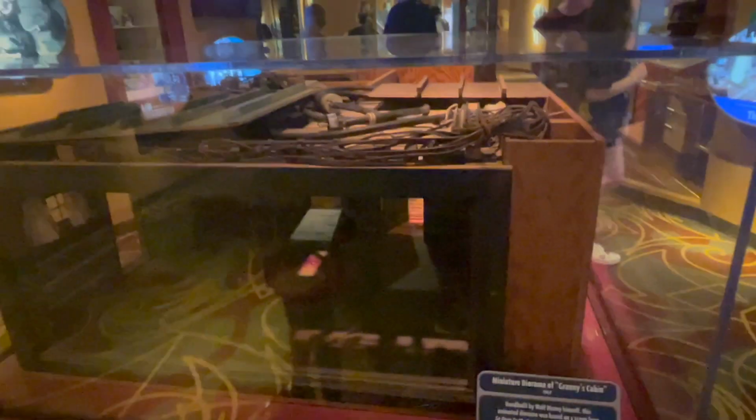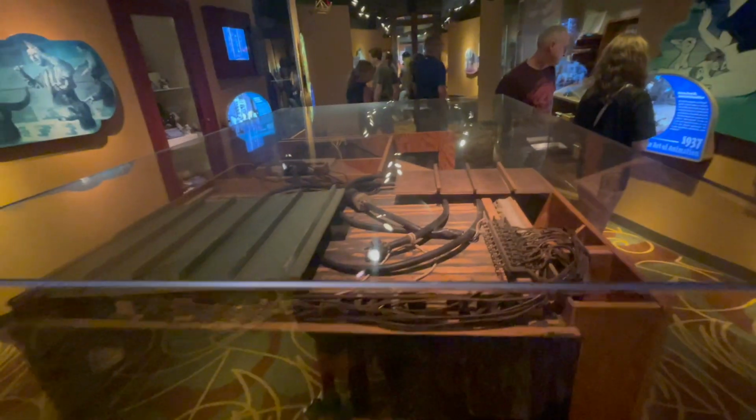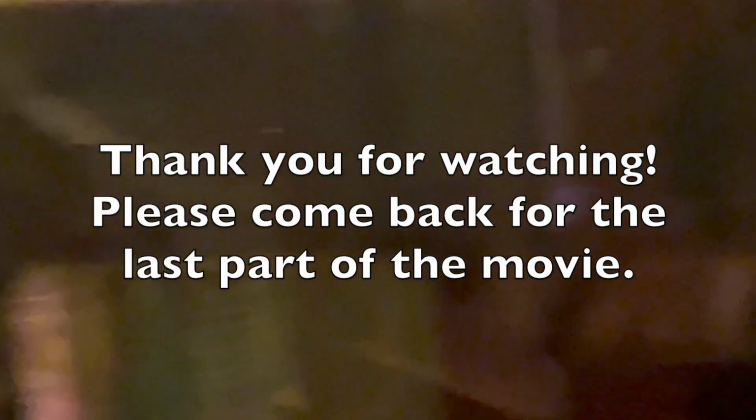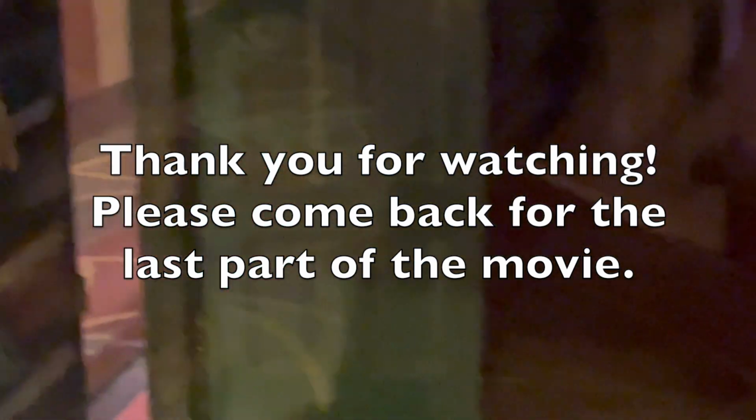This is a model representation of Granny's cabin. So outside there's wires that can bring electricity to lights on the inside, and those lights are out right now. But from down here, I'm looking into another room that has the lights on. I can see the kitchen back there. So this is a good representation of 3D, using actual 3D to get that